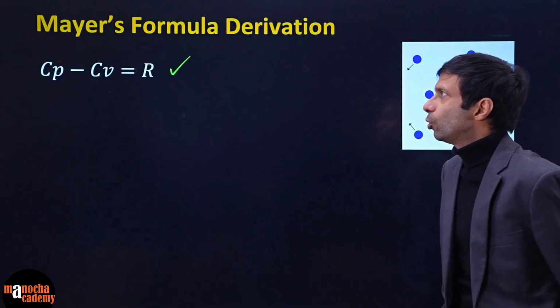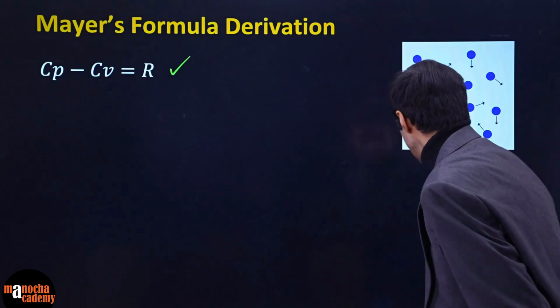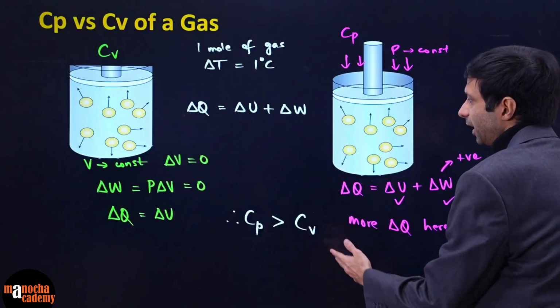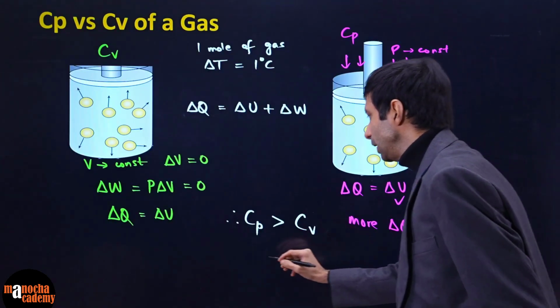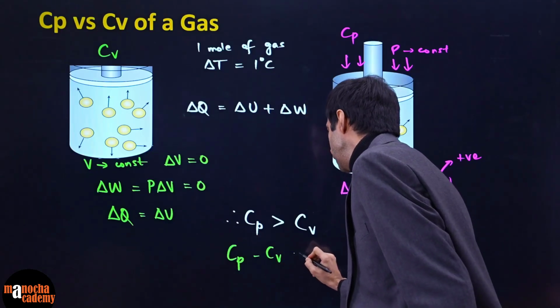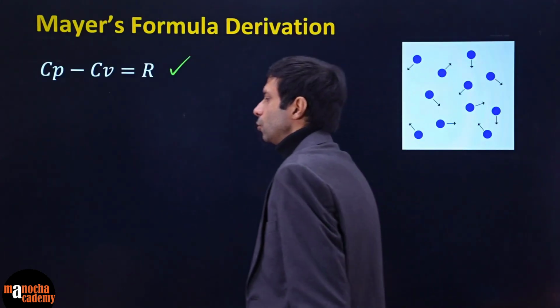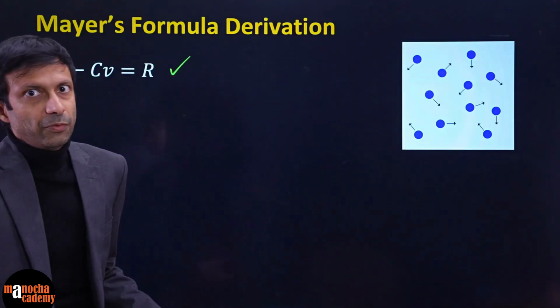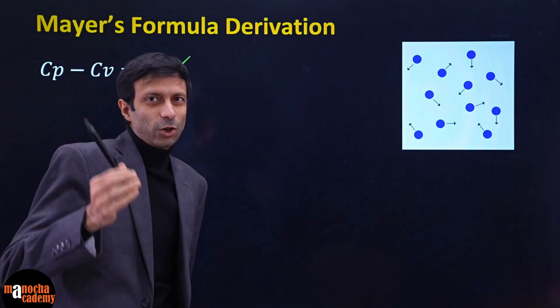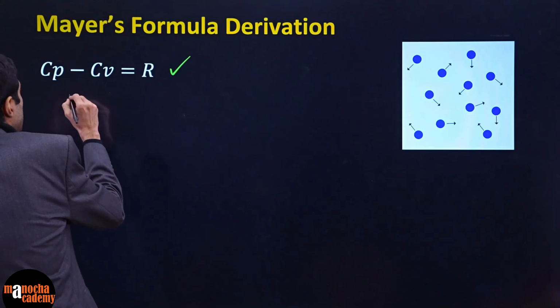So we are going to look at the derivation of this very, very important relation. Basically, in this slide, not only is Cp greater than Cv, there's a very important formula: Cp minus Cv is the universal gas constant. So are you guys ready to prove it? We are going to prove it with our very own first law of thermodynamics. So let's start. What does the first law say?